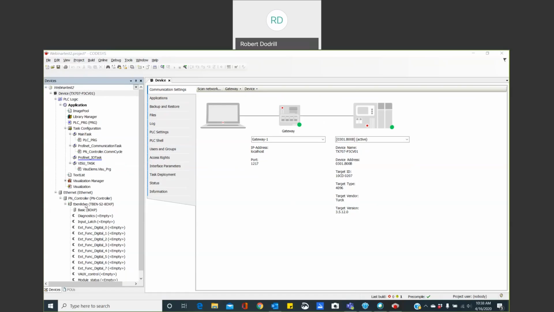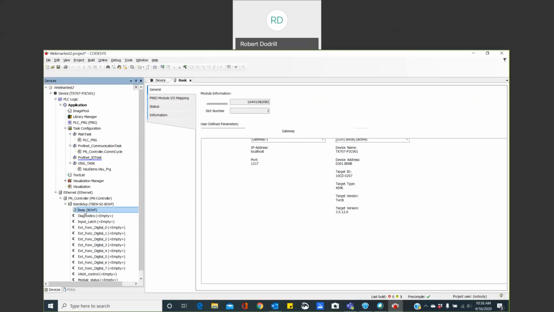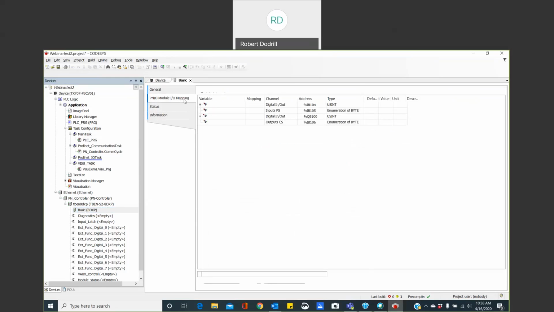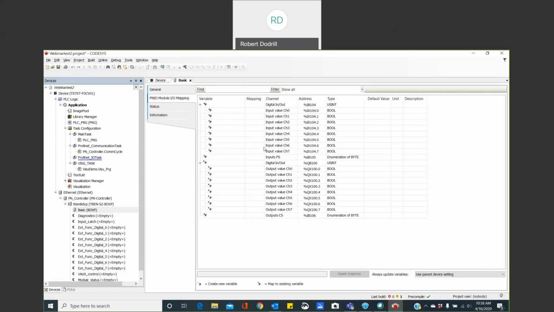So I've included into my project a Turck TBN 8DXP module. It's the S2 size. So my standard IO points are going to be right here. If I go to my basic and then go to my module IO mapping, now I have all my inputs and all my outputs. So in my case, I'm just going to start out with giving this an alias of input 1, and just for fun,